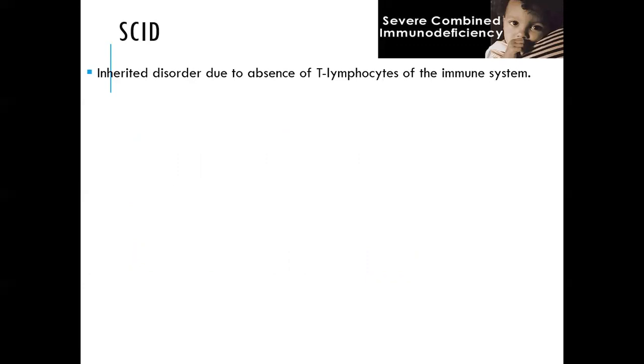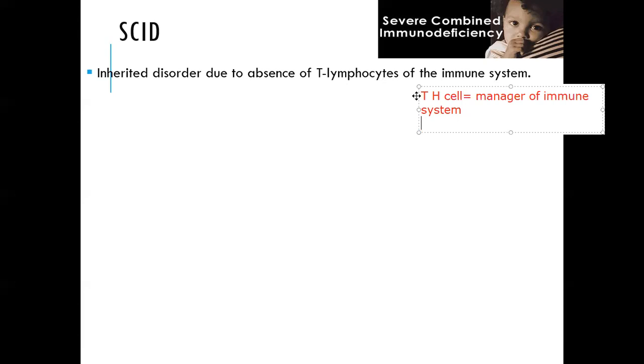No T lymphocytes. For example, the T helper cell is the manager of the immune system. So when you don't have T lymphocytes, we don't have the T helper cell, then that means to say that